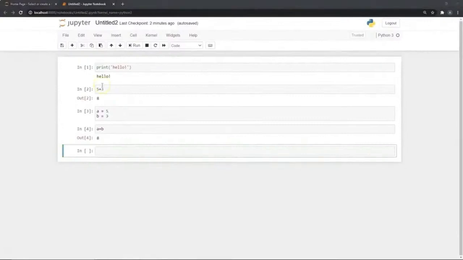And again, as I had mentioned earlier, notebooks are a web-based application. So I will need an active internet connection to be able to work on a notebook, which could be a disadvantage if you do not have a consistent internet connection. And in that case, you would probably use your IDEs or text editors, which can be used offline as well.